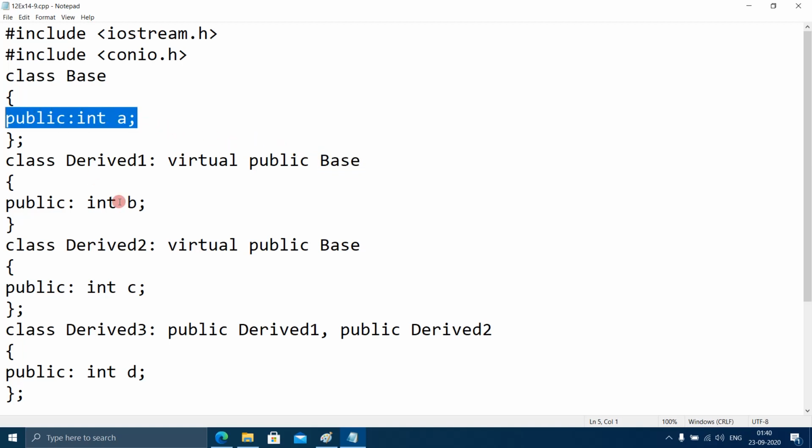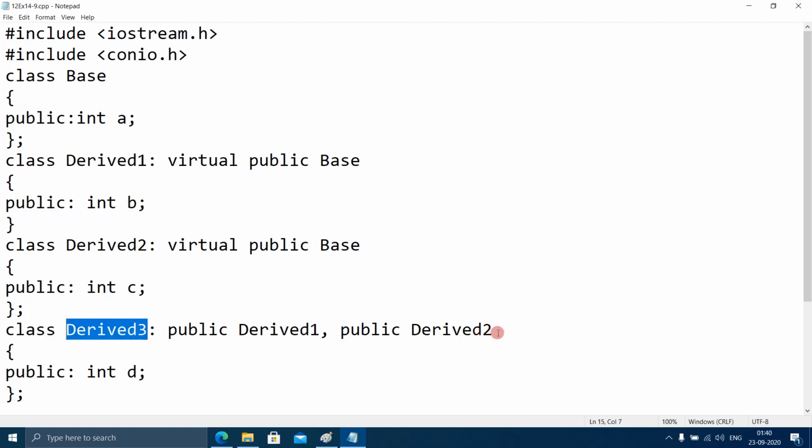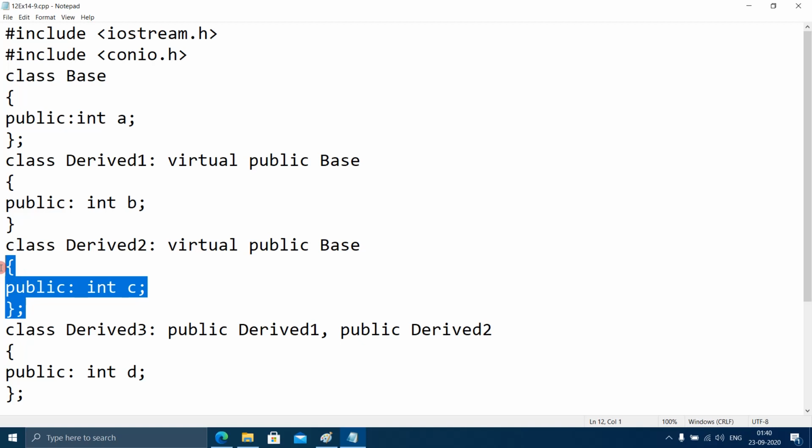So this also will be inherited by derived 3. Also it is inheriting all the properties of derived 2. So what are the properties of derived 2? These are the properties of derived 2, and also derived 2 has all the properties of the base class. So this is also inherited by derived 3.